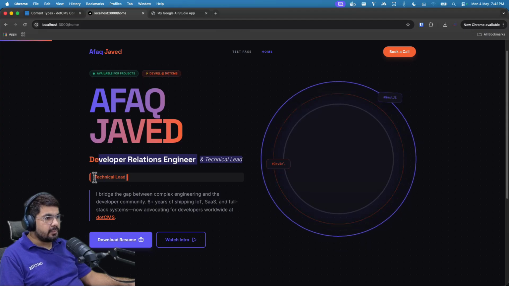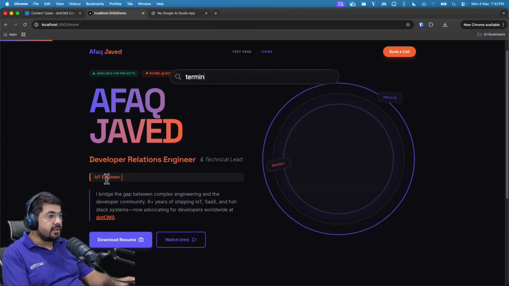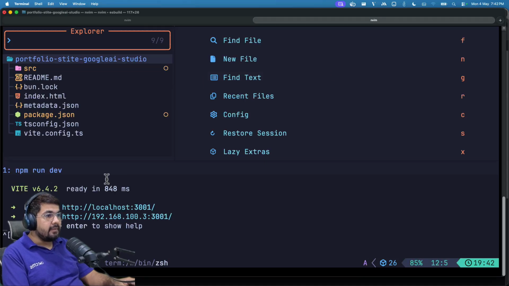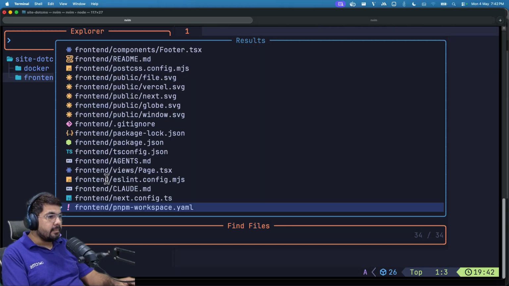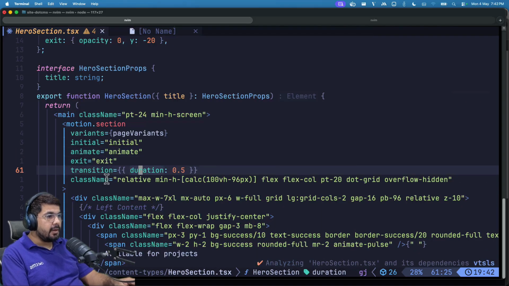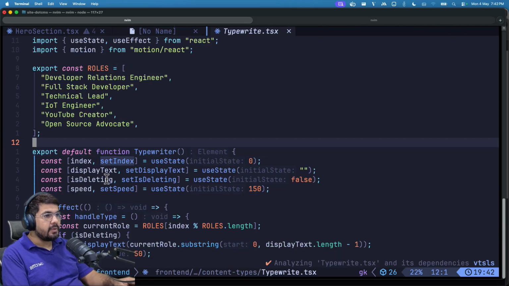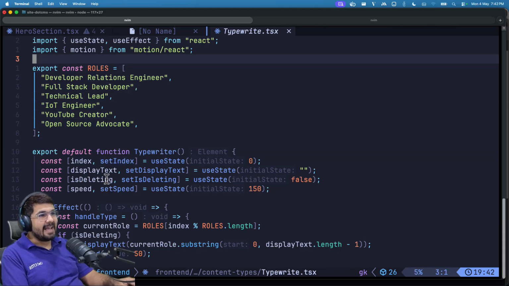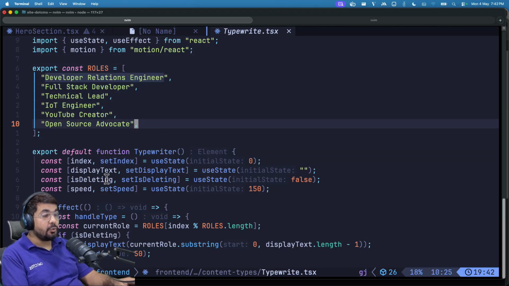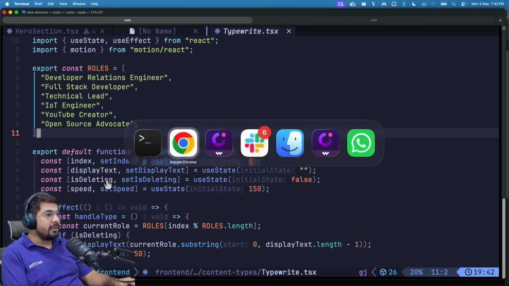And now we will be doing something different over here, because at this point, if you come to my coding section in my terminal, and go to my hero card section, let me find that one. If we go to our typewriter component, this one right over here, you can see that these are somewhat like an array which will have multiple strings. You have to design a schema similar to this one,